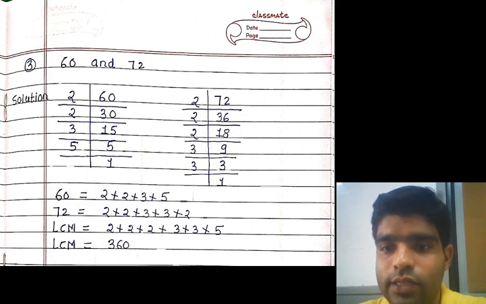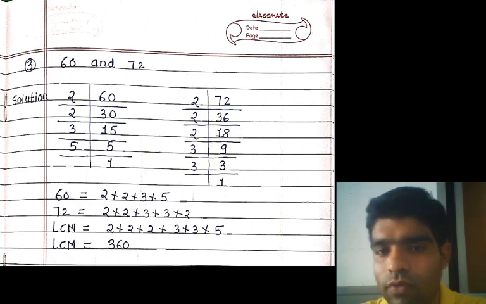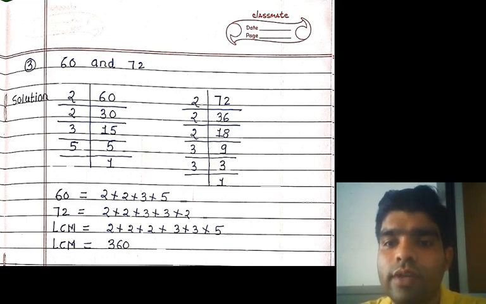And 30 is also divisible by 2. 30 divided by 2, definitely your answer will be 15. 15 we have to write down on the third row. And 15 is also divisible by 3, because 3 fives are 15. So we write 5 on the fourth row. And 5 is also divisible by 5, then your last answer is 1. It means that your multiplication is 2 multiplied by 2 multiplied by 3 multiplied by 5.